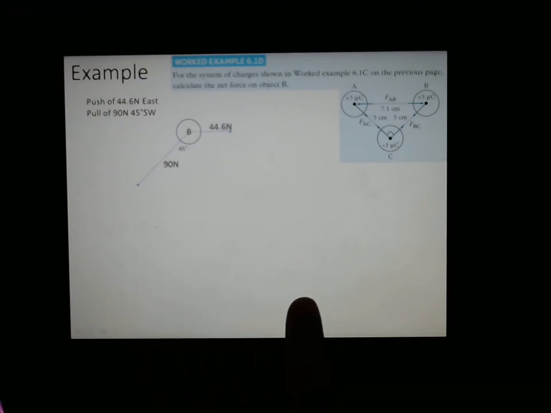We've got that 45 degree angle there as well. So here's my head to toe. Here is my resultant vector. Now,